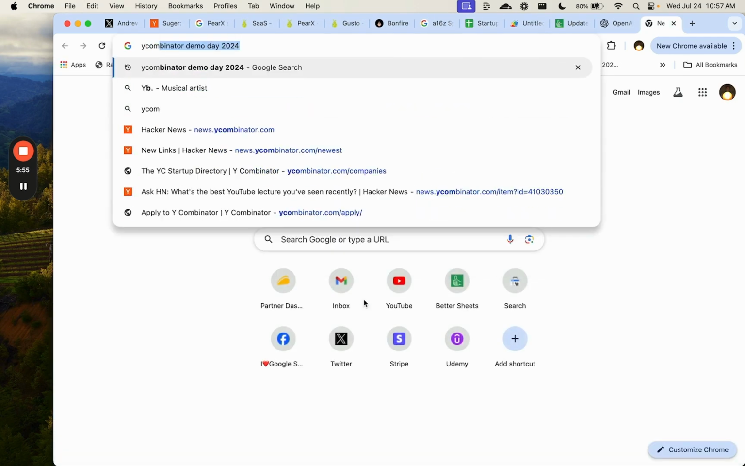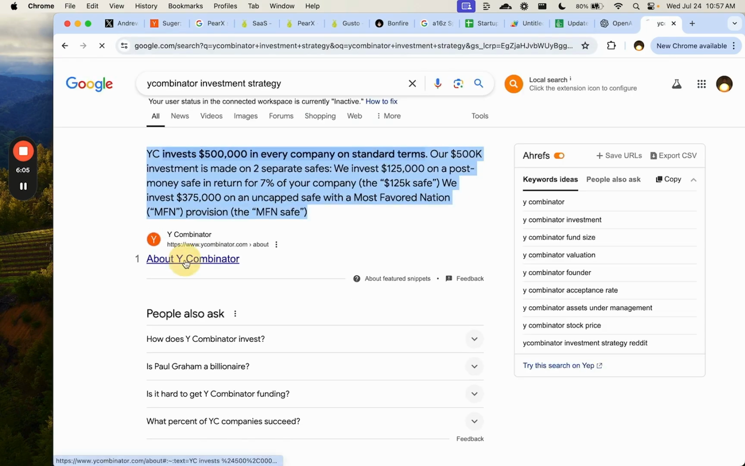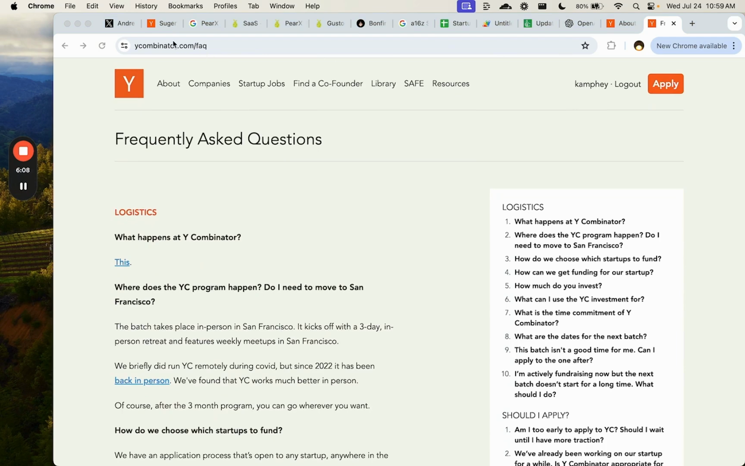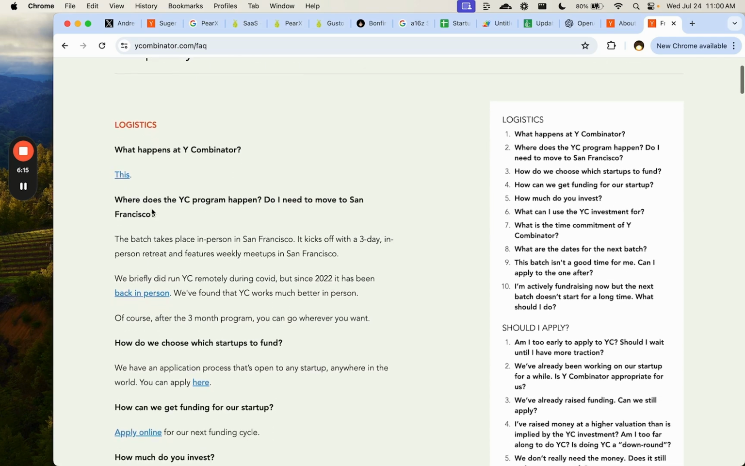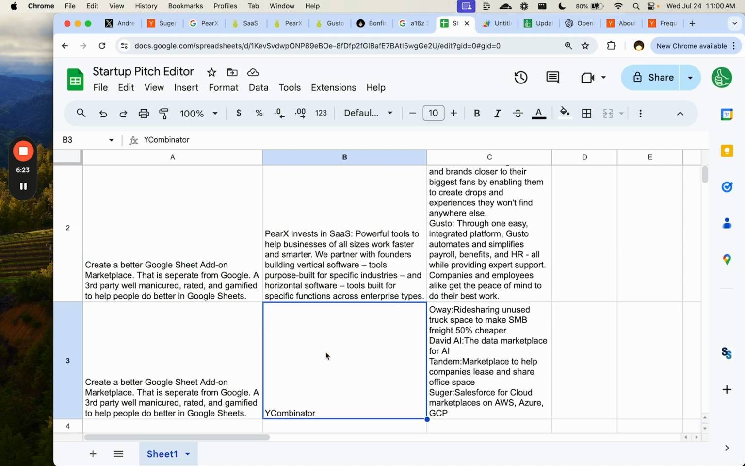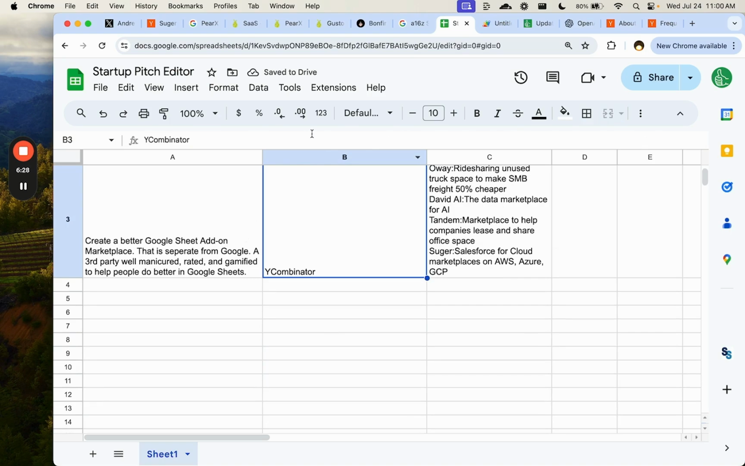So Y Combinator investment strategy. Let's see if it's in there. YC doesn't really have an exact philosophy of how to invest. We can probably put in a couple of things here about what happens at Y Combinator, but there's not really an answer to why or how Y Combinator actually invests. So I don't know if I'm going to put anything here in our prompt,